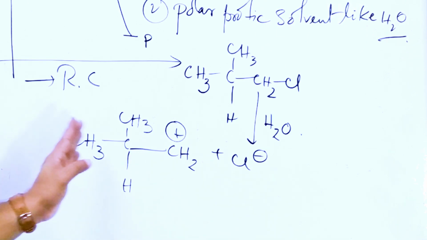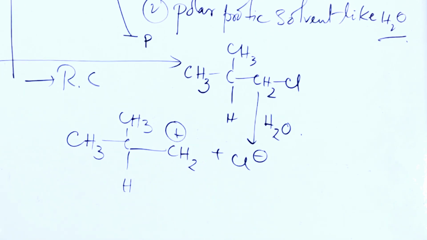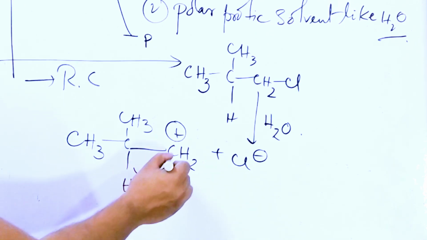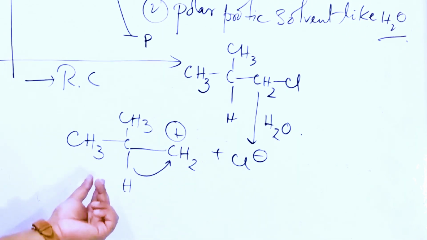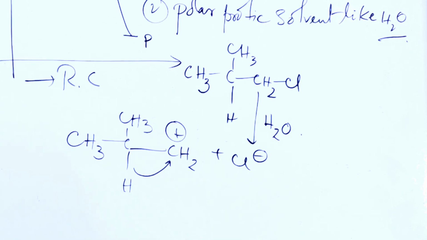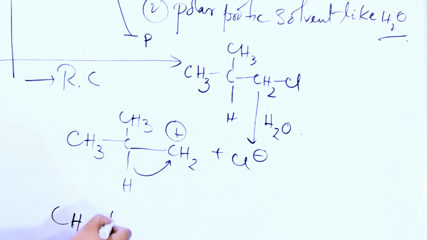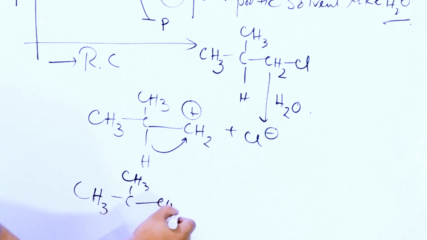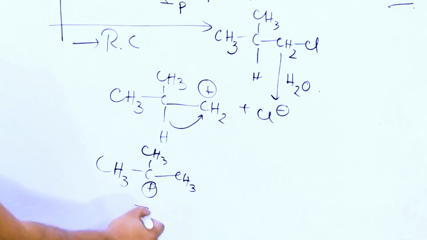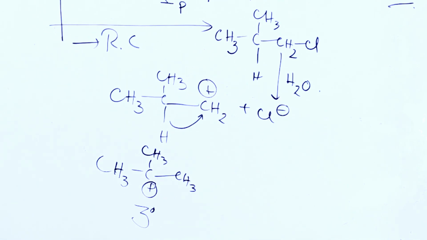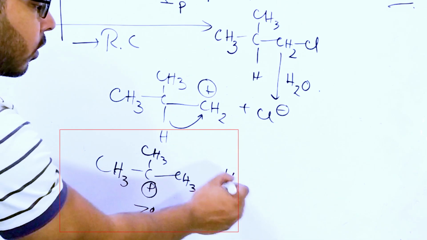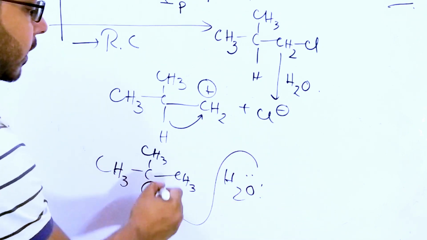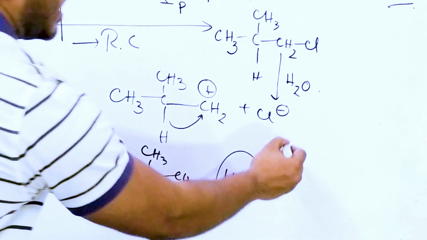So what will be happening? This will shift the hydrogen towards itself. This hydrogen will be shifted to this carbon. Why? Because now it will form 3 degree carbocation. That was 1 degree, but this is 3 degree. So which one is more stable? It is more stable. Now attack will take place and you will have your product